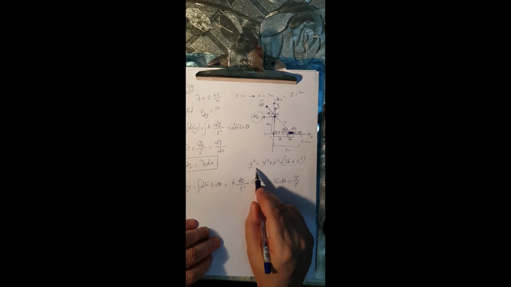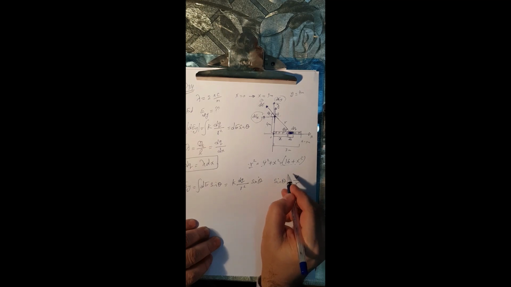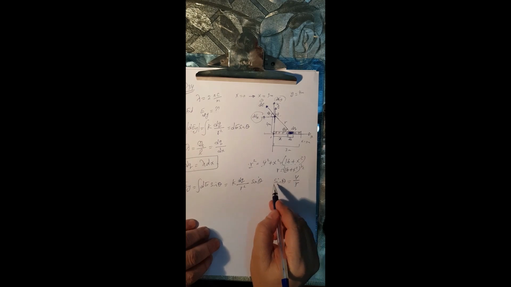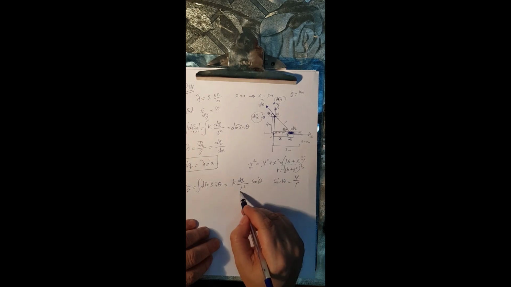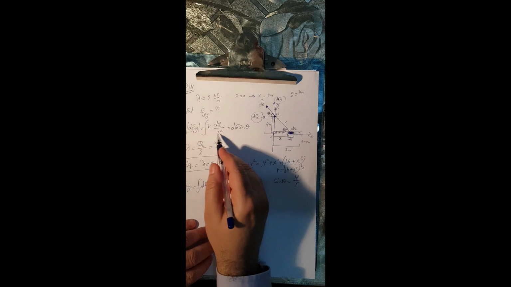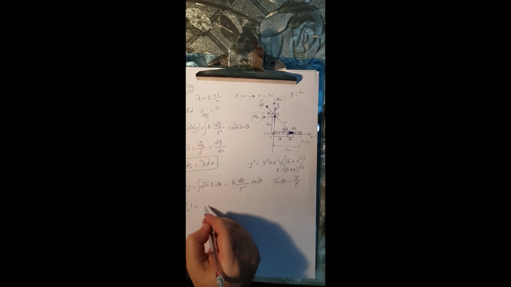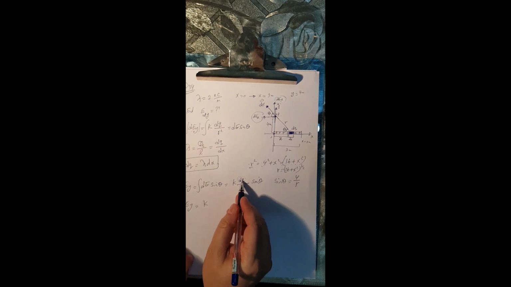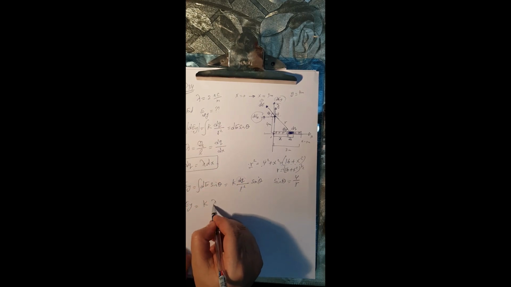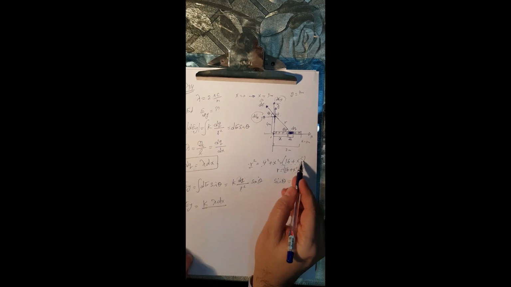So if you go back here, what is r? r will be 16 plus x squared to power half, the radical. So now I replace sine theta and r square and dq in terms of the other things here. So I have EY equal k, the dq we said is lambda dx,